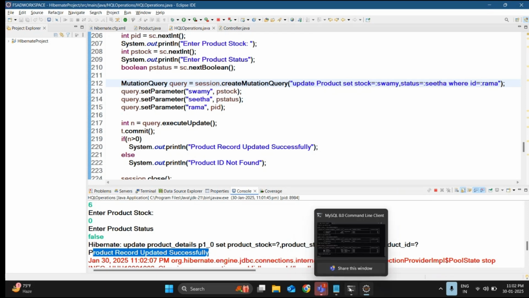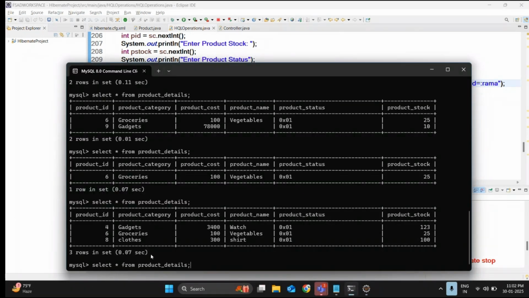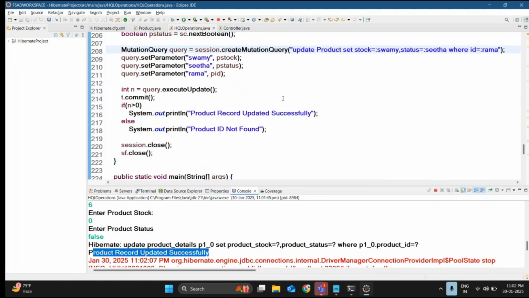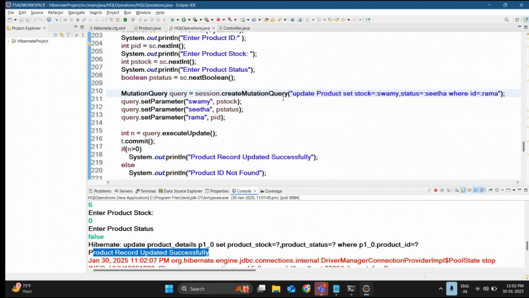Let me check. My product stock was changed from 25 to 0. Okay, perfect. The status changed from true to false. It is perfect, guys. It is perfectly working. So let me use the same method for